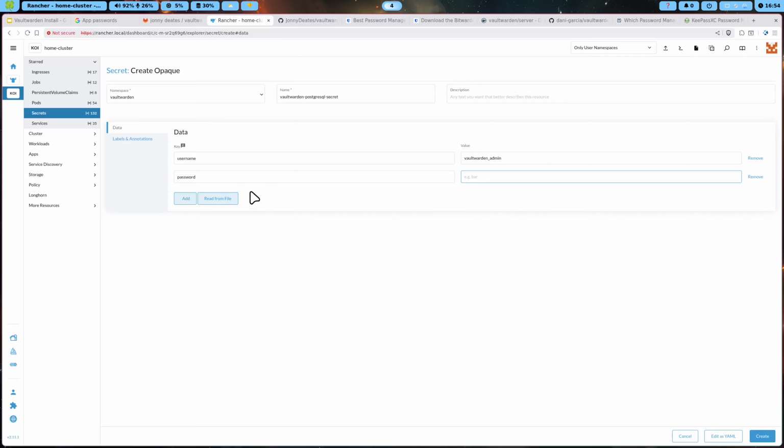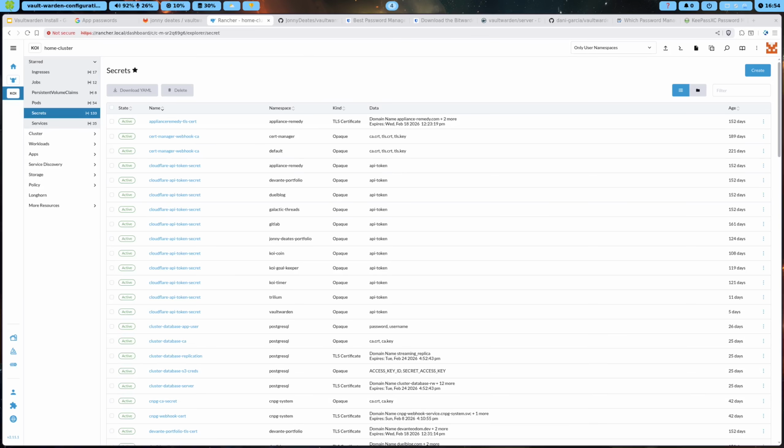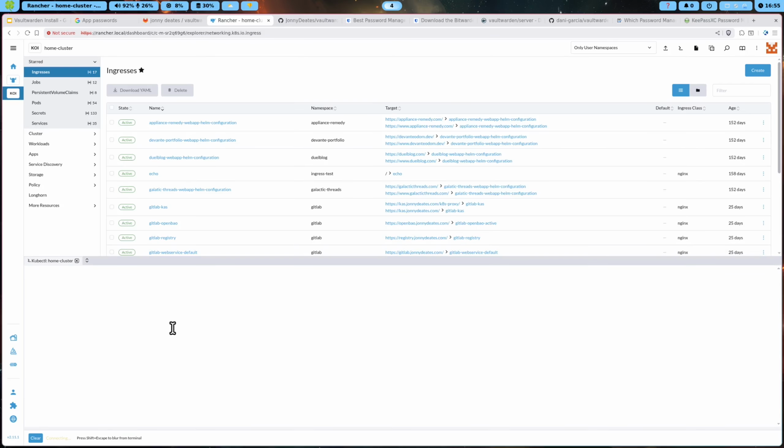So I'm going to go ahead and update the password and then hit create, and then we'll move forward from there. One last thing I'm going to be doing here, we're going to be creating an issuer for Vaultwarden. All we need to do is just run this,